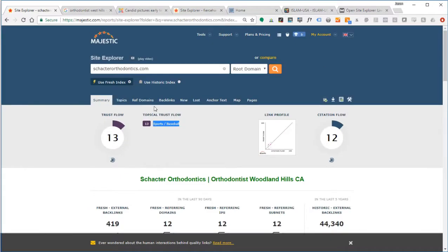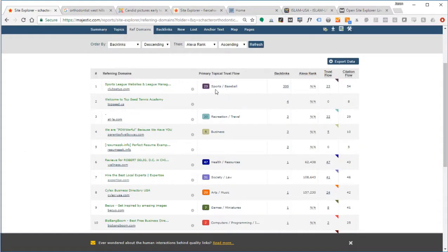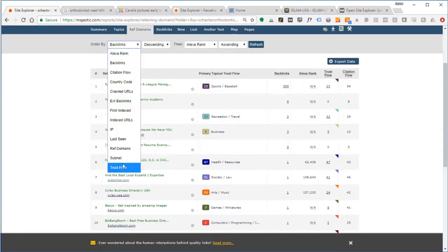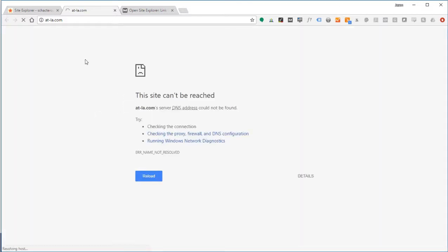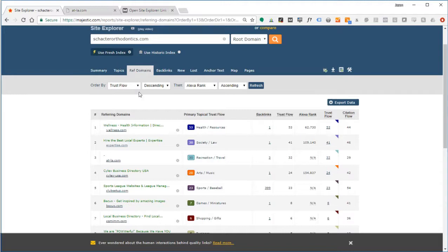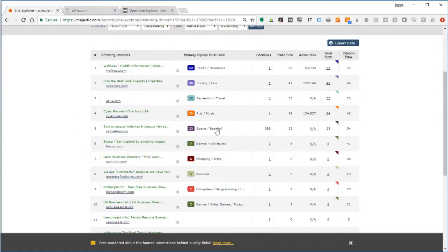Let's look at referring domains. And this is what's getting their sports baseball. Adjust it by trust flow. So here's one I'd go get, which I already know, @-LA. This is a good local site to get your businesses listed on. For some reason, it's not working. All right, we'll scratch that example for now. Let's look at, see more sports. All right, now this